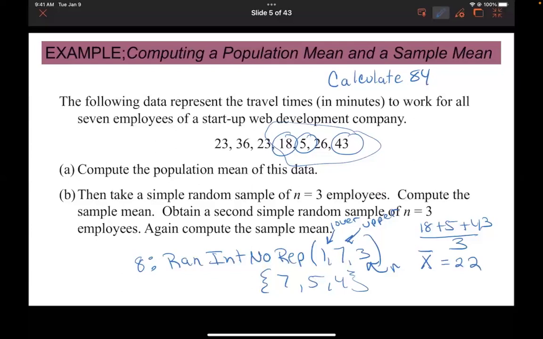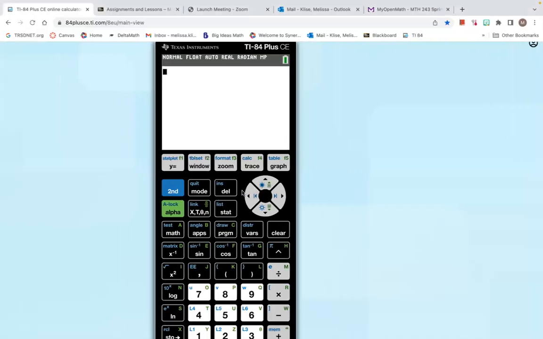Okay, I'm not sure what's going on with the calculator if you're getting an error. Try just putting parentheses, a 1, comma, 7, and then parentheses again. It'll give you all 7 numbers, but it'll randomize them, and then you could just pick the first 3. Okay, I'm sorry, I didn't catch what she said. So if you're at the randIntNoRep, put parentheses, a 1, comma, 7, parentheses,